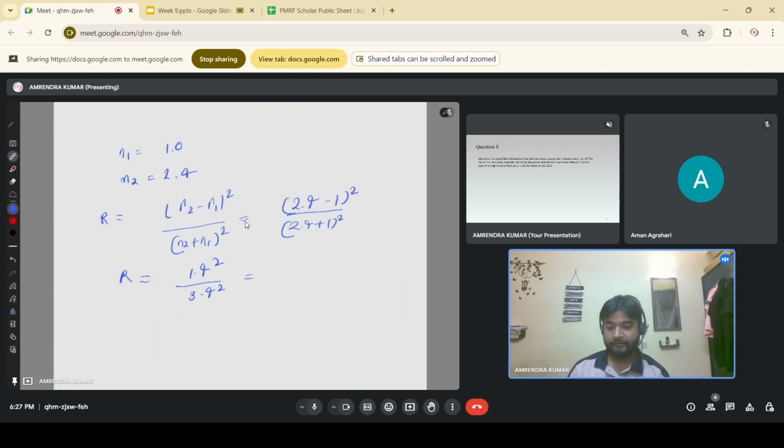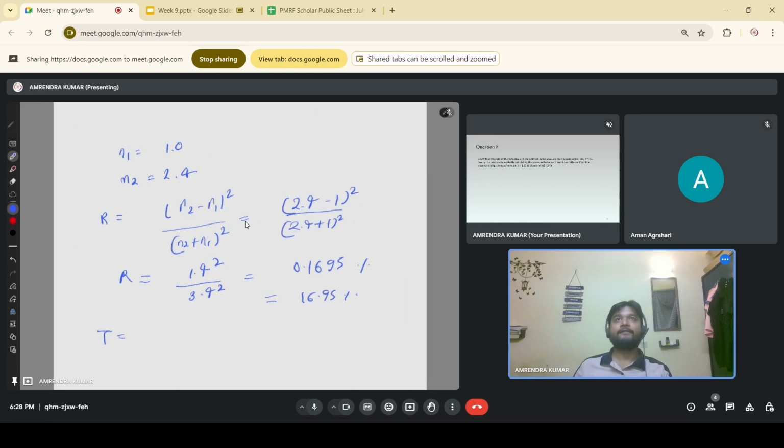We can calculate this. 1.4 divided by 3.4, squared. It's around 0.1695, or 16.95%. Transmitted we have seen that